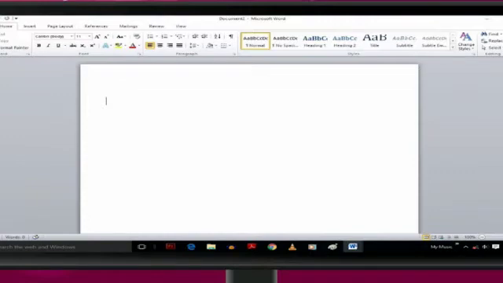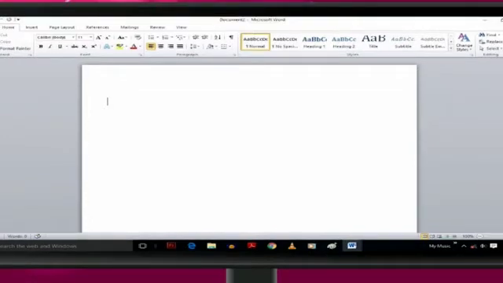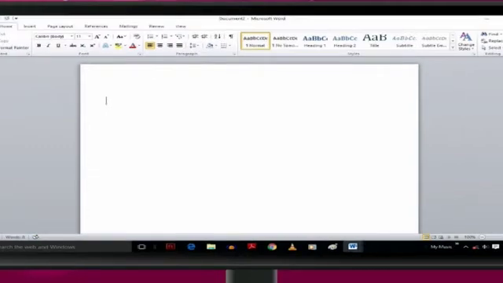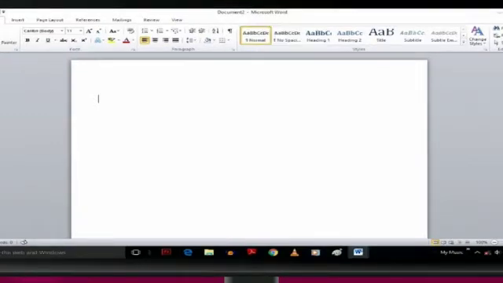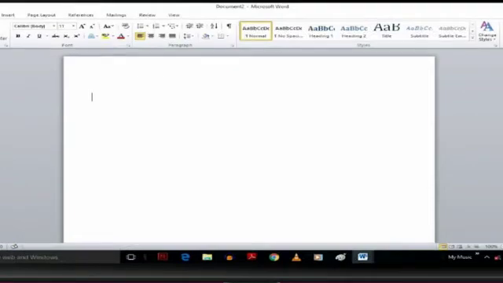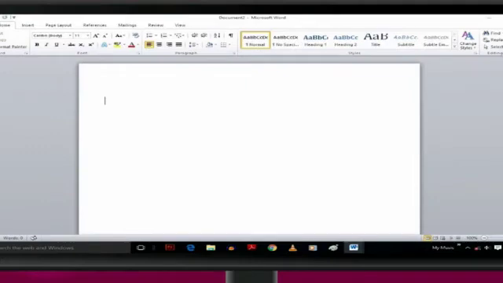MS Word will automatically move the word to the next line that do not fit in the current line. This feature of Word is called word wrap. So students, you can keep typing without worrying about how much text fits in a line. Once you complete a paragraph, you have to press the Enter key on the keyboard to start a new paragraph.